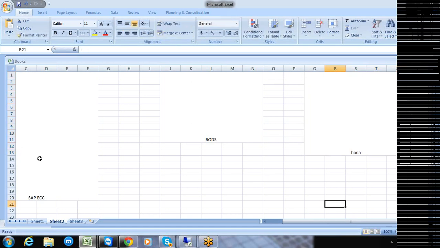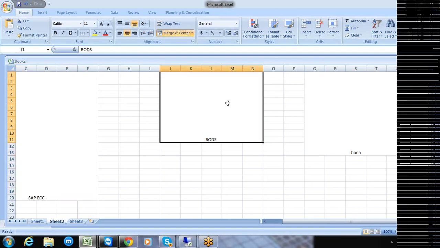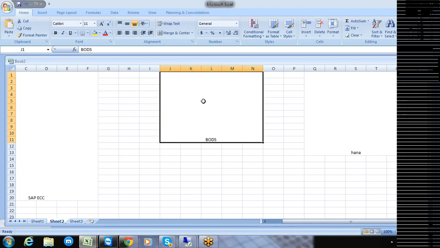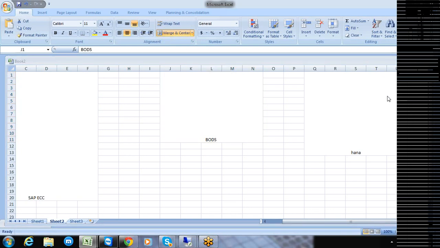So we are supposed to have SAP ECC acting as the source, HANA acting as the target, and BODS acting as the intermediate tool for doing the extract. This is the place where we start extracting the data. This is the place where we transform using BODS and then load the data into the HANA database. But the main problem here is, please follow carefully, especially the new guys, Kiran and Rajiv Reddy.